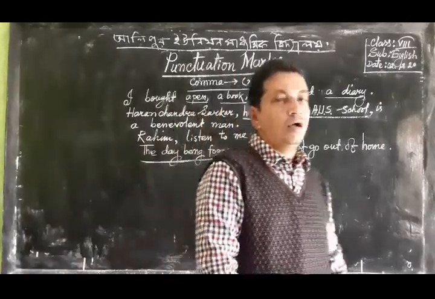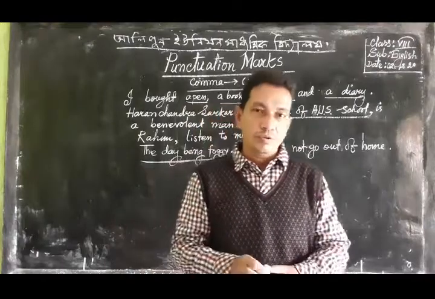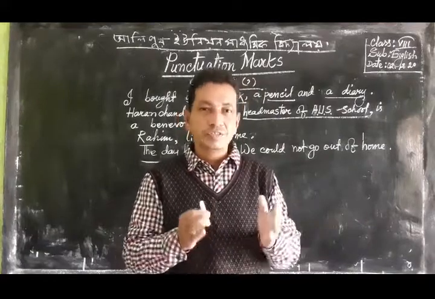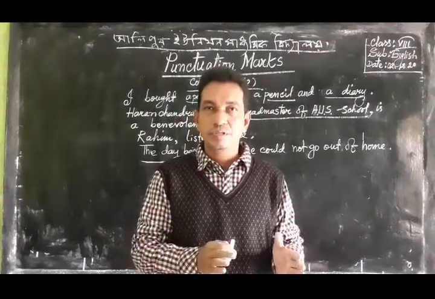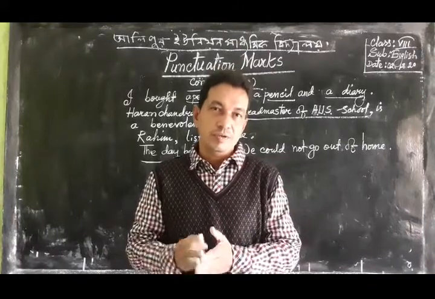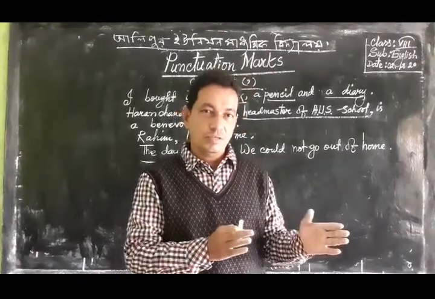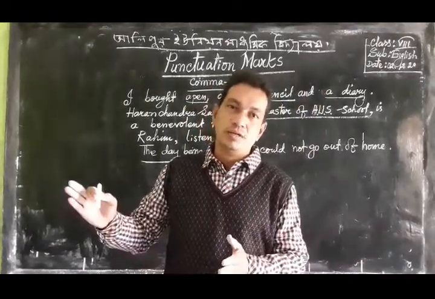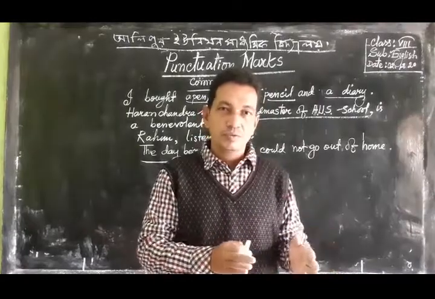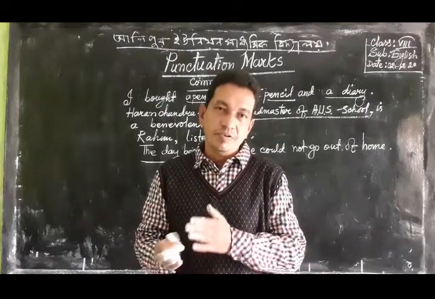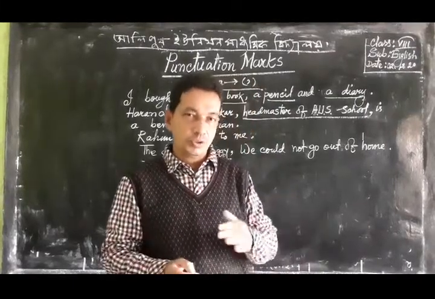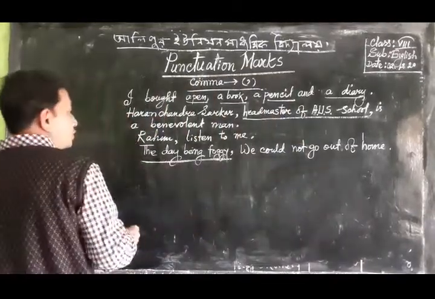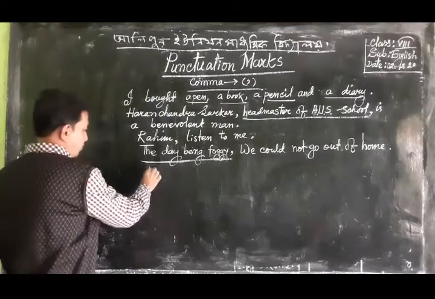So dear students, we may use comma after reporting verb, and we know that in direct narration there are two parts. One is reporting verb and the other is reported speech. Before reported speech, we must use comma after the reporting verb, and if reporting verb goes to the last part of the reported speech, we must use comma before reporting verb, and I will show you two types of items. Okay, dear students, now I am going to give two examples, such as